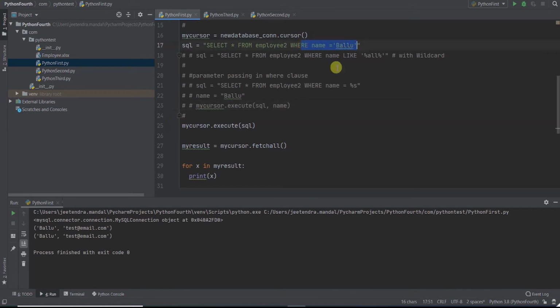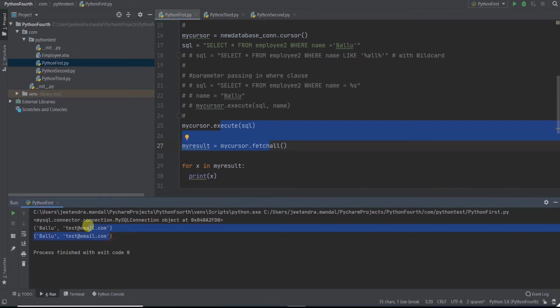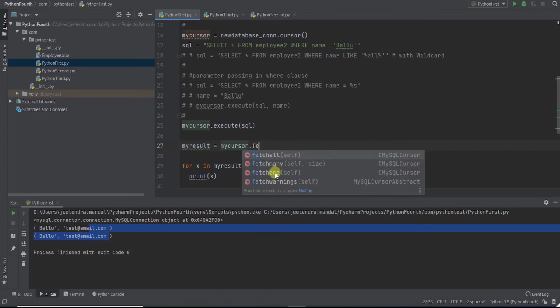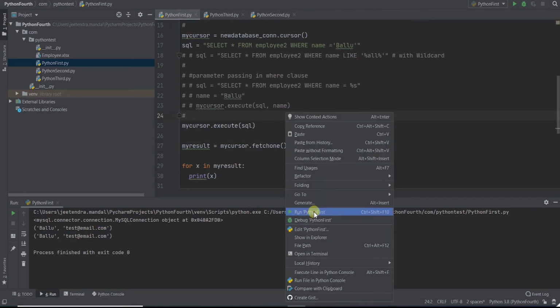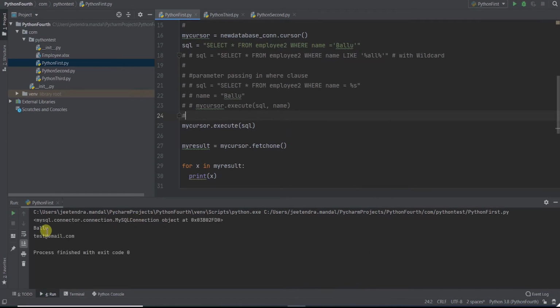This is how the SQL can be written. This is how the SQL will be executed, and fetchall means I will fetch all the records with name Balu. If I give fetchone, then instead of 2 records, only 1 record would get printed. Let me run this. You can see only 1 record gets printed.